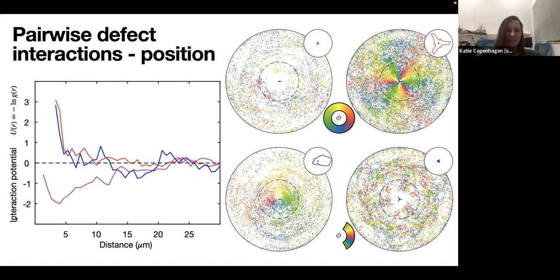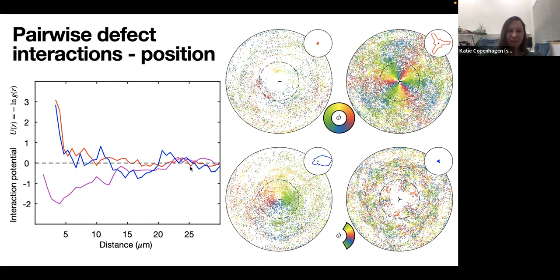So you can measure the interaction potential with distance by calculating g(r), which is the probability distribution of each distance, and then normalized by the radius or the area that it has to cover. The red line here is positive pairs of defects. So positive defects interacting with other positive defects, and this high negative slope at short distances means that they're repelling each other. So you have a strong repulsive interaction between like-charged positive pairs of defects and like-charged negative,